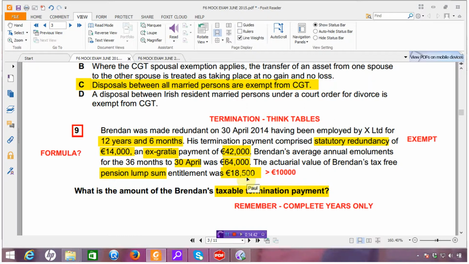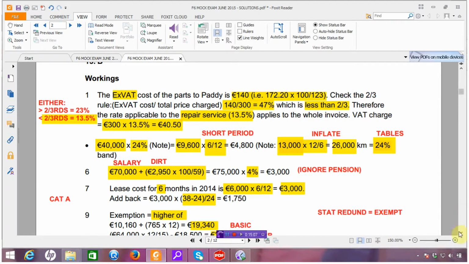So with our three different termination formulas, we should be aware that the second one, the increased basic, is going to be exactly the same as the basic exemption, because the additional 10K is not going to be available because the pension lump sum is in excess of the 10K. Okay, so if we look at the answer here for 9, what we're going to see is that,